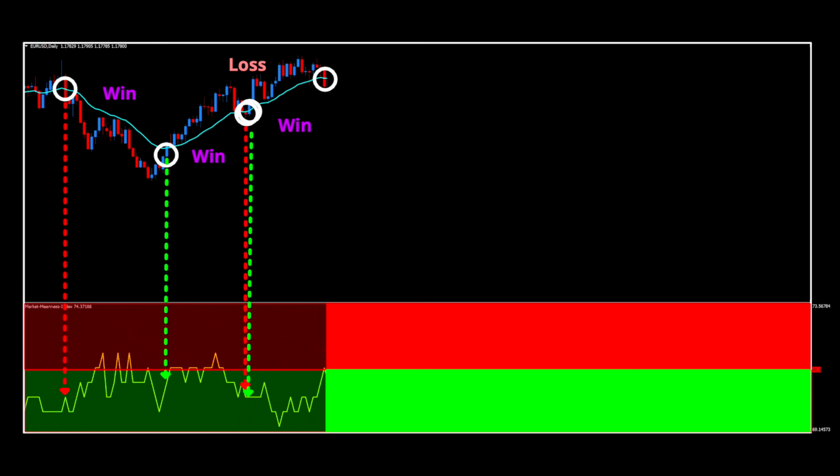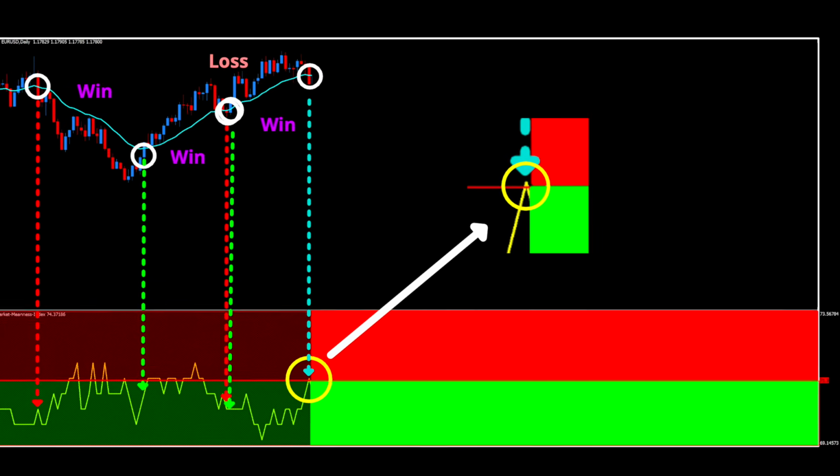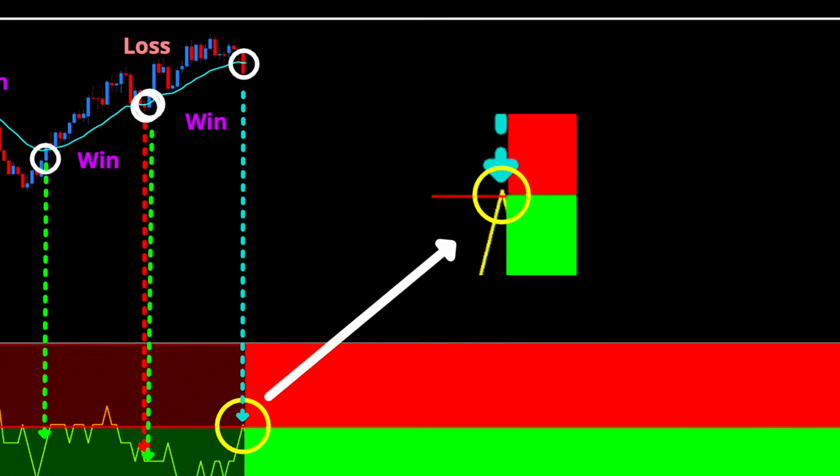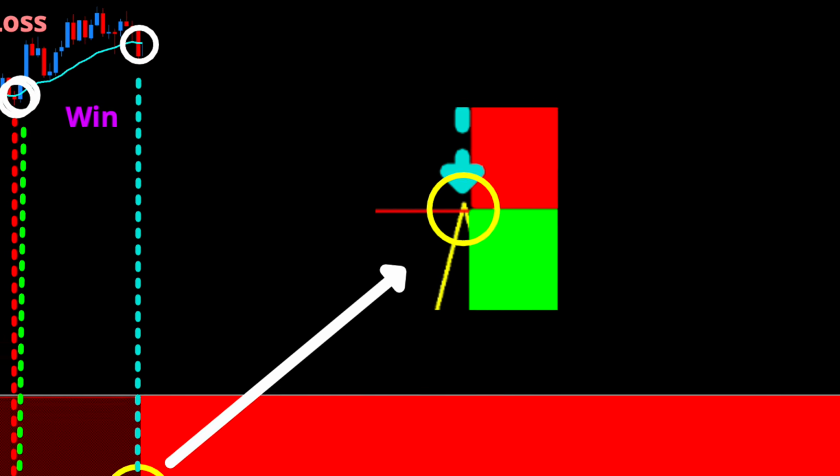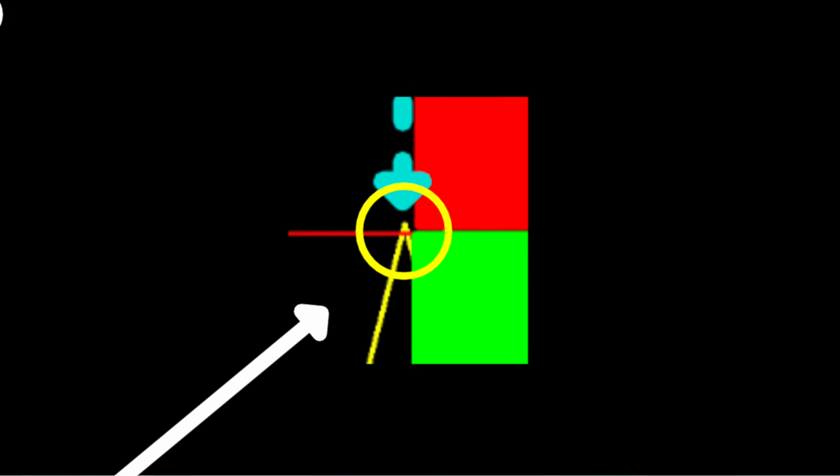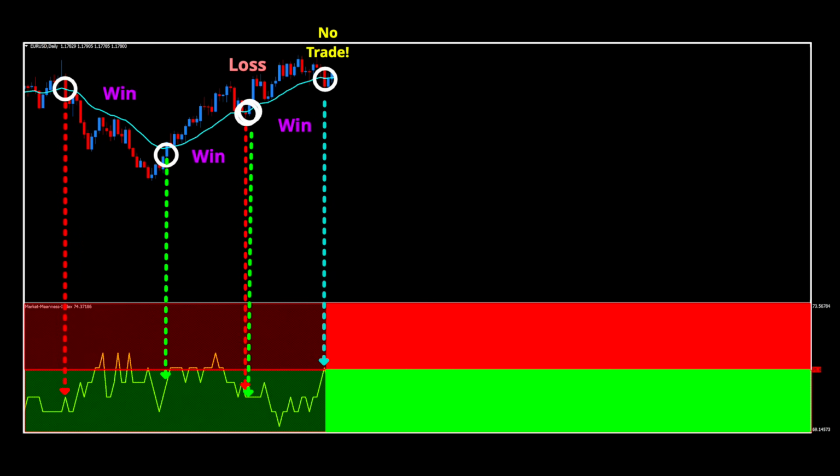That was a win as price continued up, and we've got the next cross below. Follow the dotted line down to the MMI indicator. We circled it in yellow because we wanted to take a closer look. Zooming in, we can see that it blipped just slightly above the midline, but rules are rules, and we follow our rules, so we skip the trade. We look for the next signal, which happens to be the next period. This tells you that price is consolidating and the market is taking a breather. Follow the line and we get another bump above the midline again, so no trade, and we're ready for the